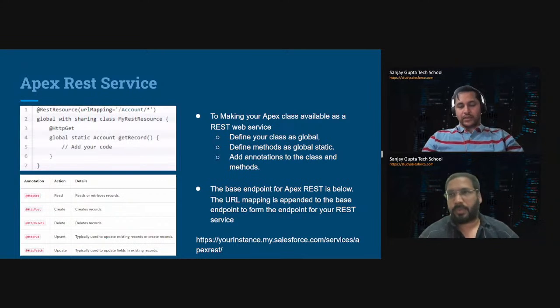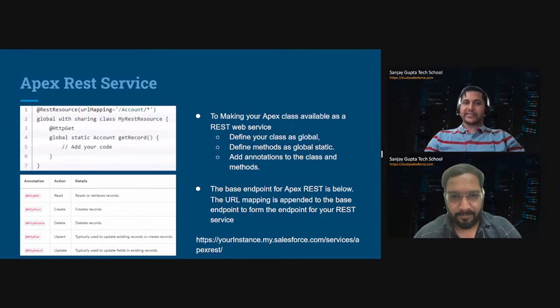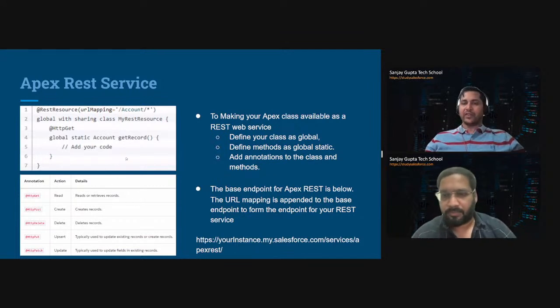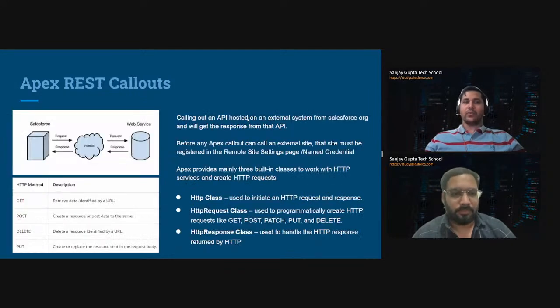Thank you, Sanjay. So, folks, yesterday we discussed the Apex REST service, where we created the Apex REST service by using the REST resource. We discussed how to create your own web service with the help of Apex programming. Today we will take one step further, and we will see how we can call out another web service. Yesterday what we discussed was referred to as inbound integration. Today we will talk about outbound integration, where Salesforce has to invoke a web service that is available in another system.